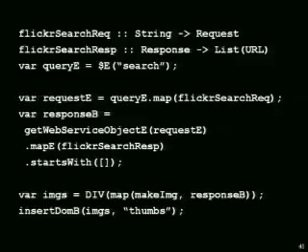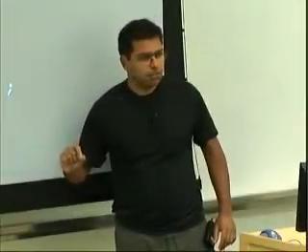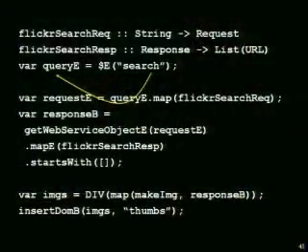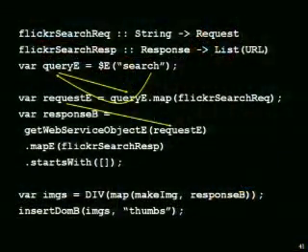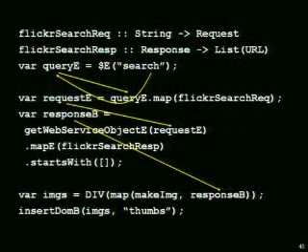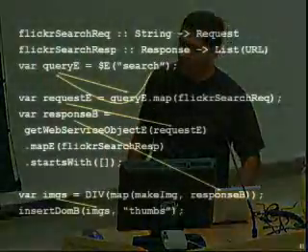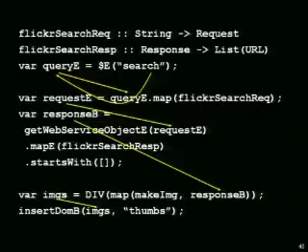And finally, I can put that into my web page by just inserting it into some development called thumbs. Okay? So again, I'm doing functional programming, but what it's telling me is that every time search changes, query is going to update. Every time that updates, request E is going to update. Whenever that updates, response B is going to update. And every time that updates, the content on the screen is going to update. Okay? So all I'm doing is showing you the same primitives I've shown you before to construct a fairly different